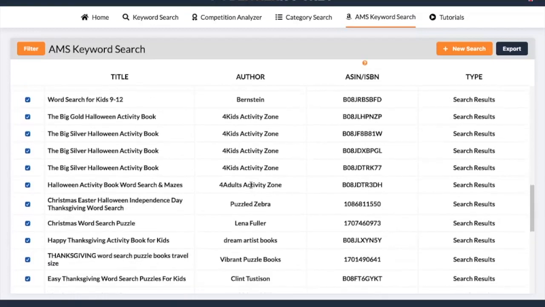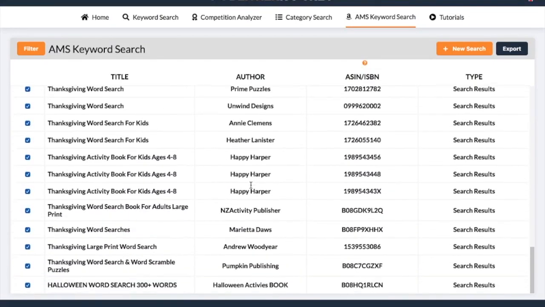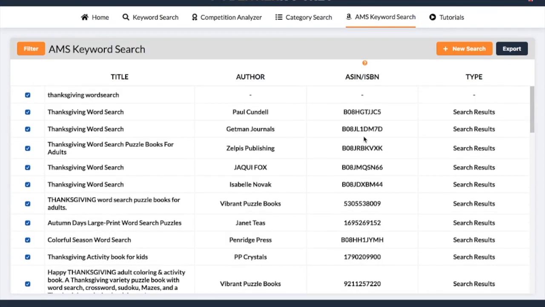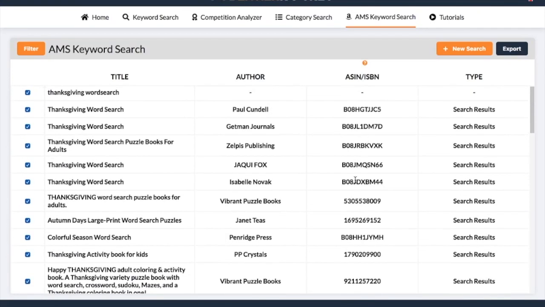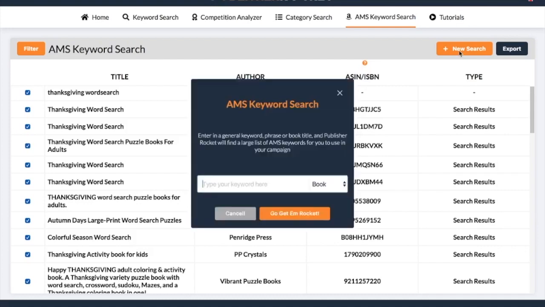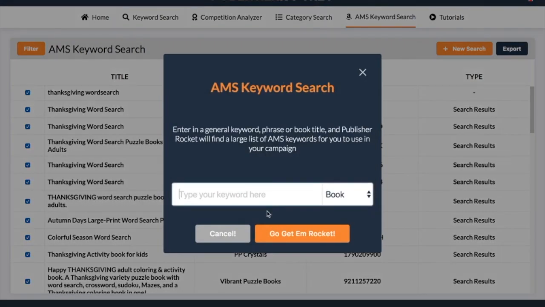So you can see down here, you've got a bunch of different things that you can target. You can target all these different author names. You could also do the product targeting on the ASINs. So really there's a lot of powerful information inside of Publisher Rocket. And just like with the keyword search, what you would do is you just hit export, and then it saves it as an Excel file, and then you might search some other keyword. So you might search Thanksgiving